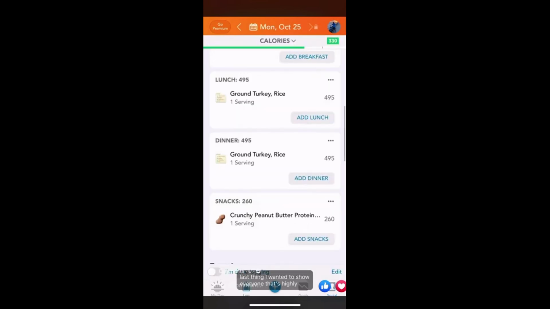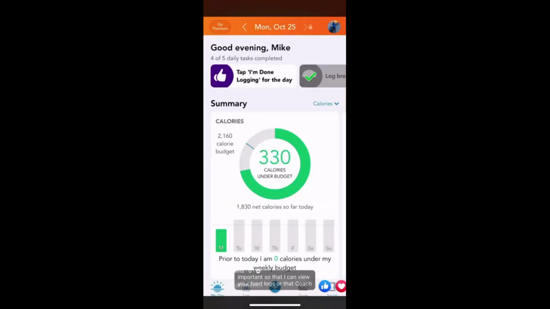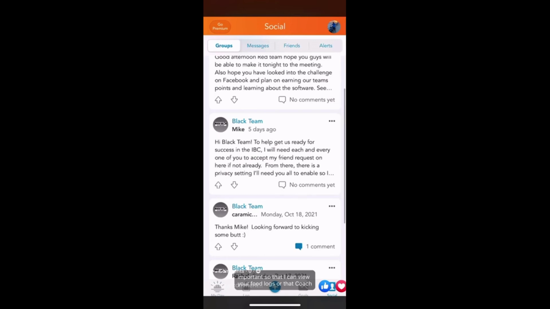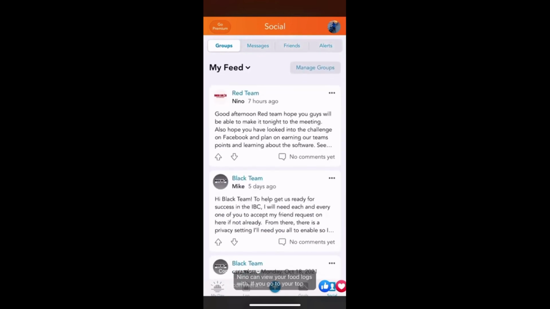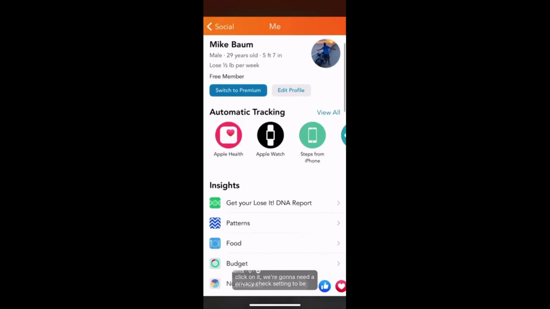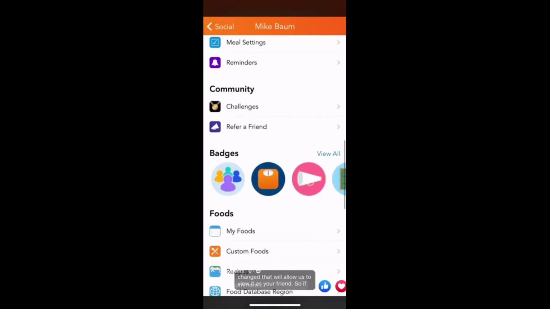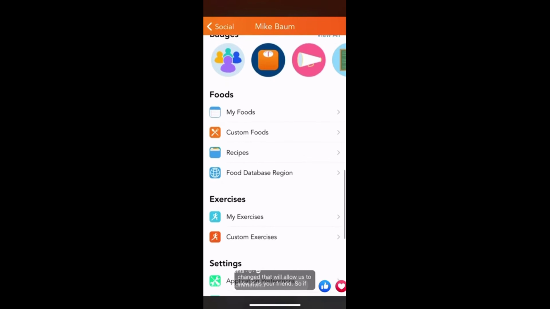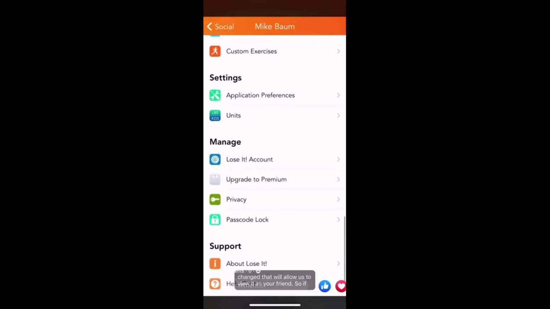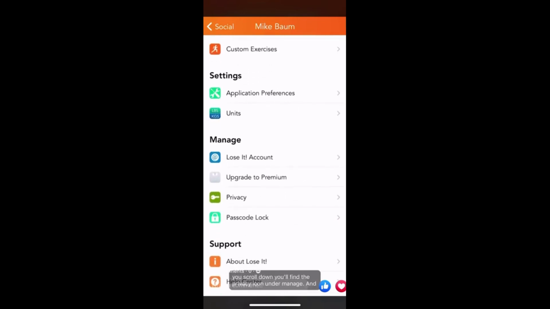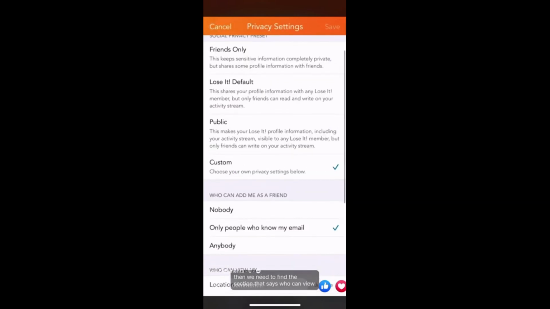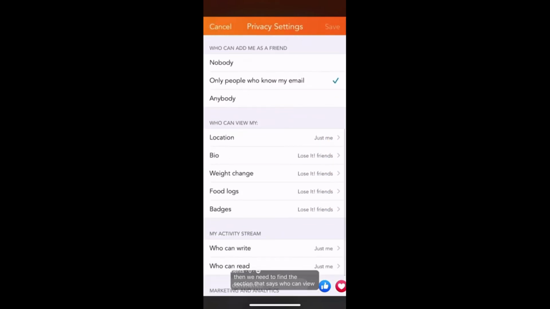One last thing I wanted to show everyone that's highly important so that I can view your food logs, or that Coach Nino can view your food logs with. If you go to your top right corner where your profile image is, and click on it, we're going to need a privacy setting to be changed that will allow us to view it as your friend. So if you scroll down, you'll find a privacy icon under Manage. And then we need to find the section that says who can view my food logs. If you click here,